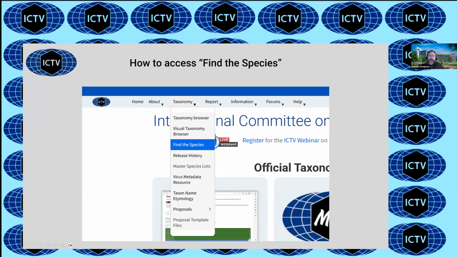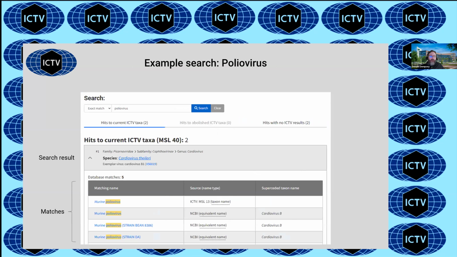As Eden told you about, this is one way to access Find the Species from any page. There's a taxonomy tab, and you can select it there. It's also available on the home page as a search box, and if you search on the home page, it'll take you to the Find the Species page. Rather than show you in the browser, since Eden has already shown you what it looks like and how it's used,